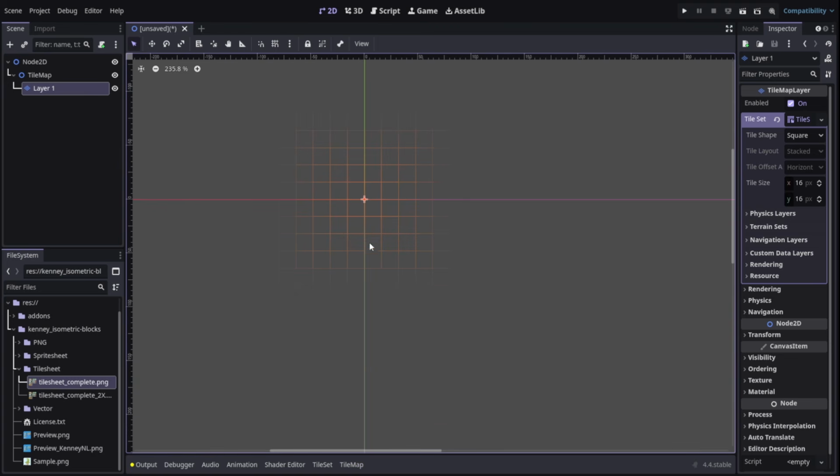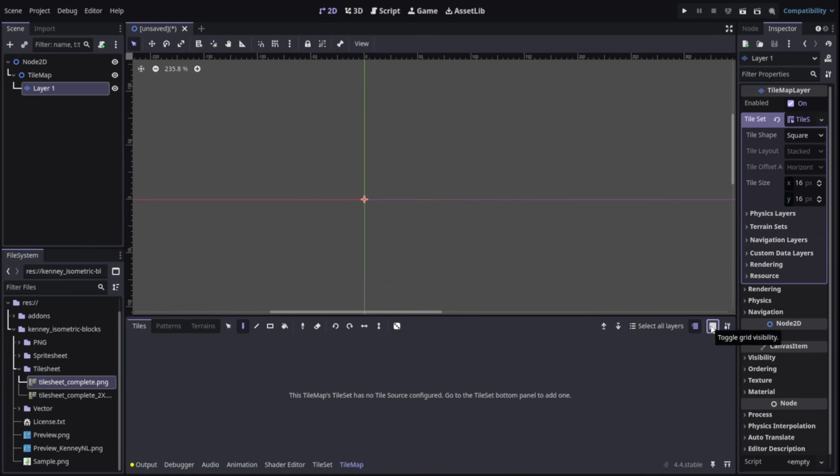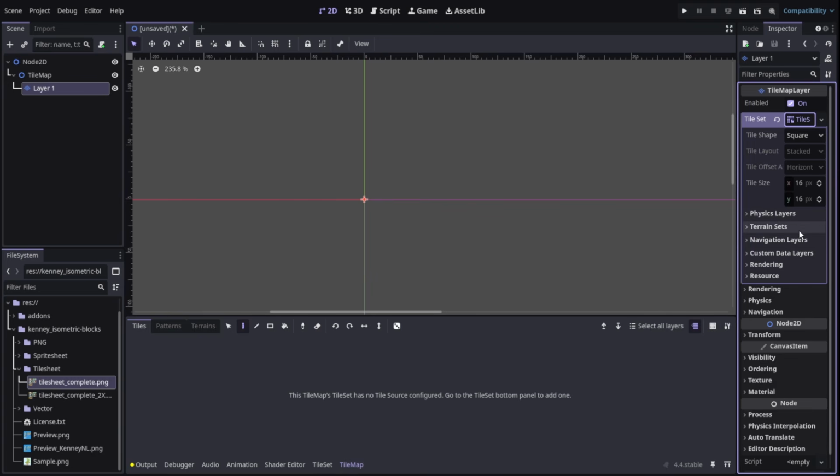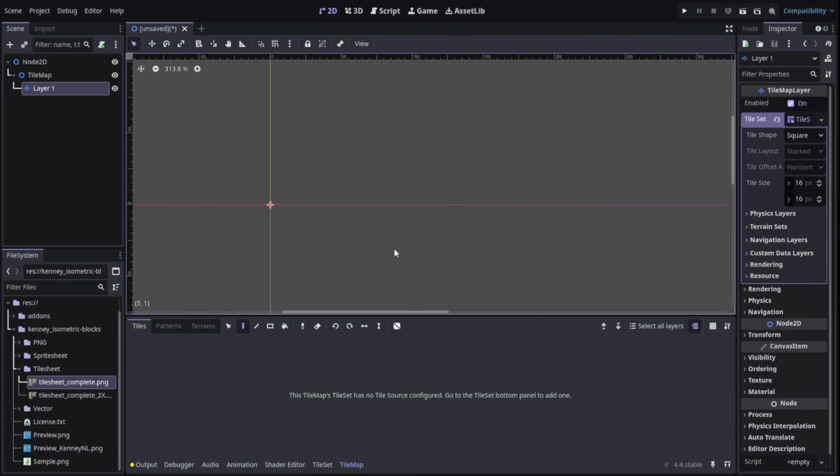By the way, if the grid does not show up by default, you go to the map and click this button to toggle it. All right, here is the grid button in the tile map section. Click on the tile set. Once these options show up, the main thing you want to focus on first is the size of the tiles you're going to be using. For each tile, I'm going to be setting it to